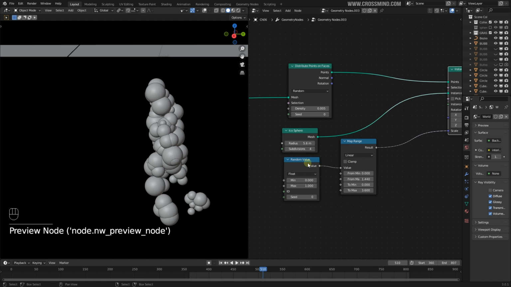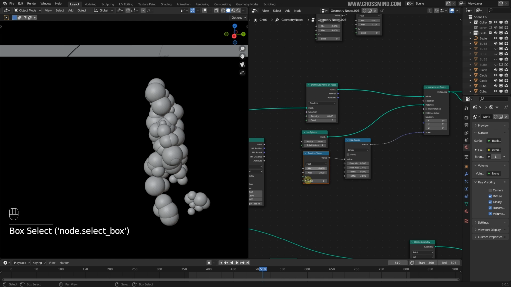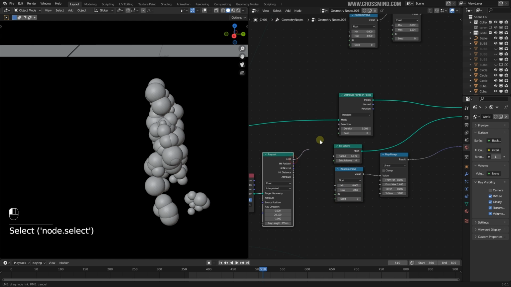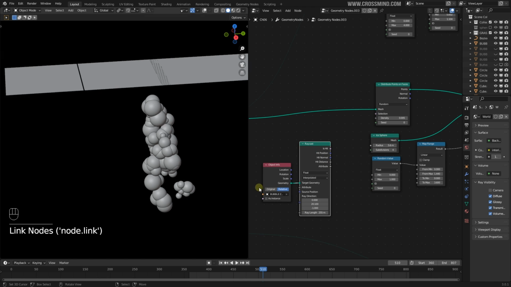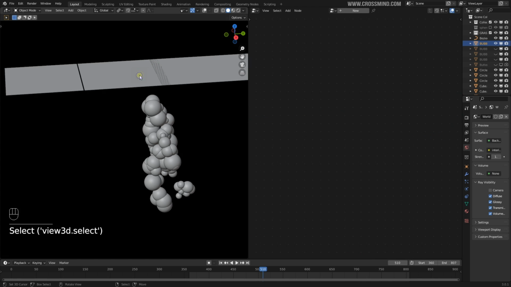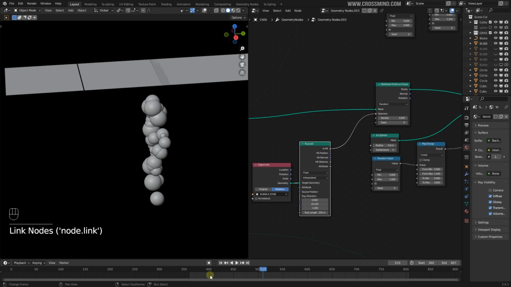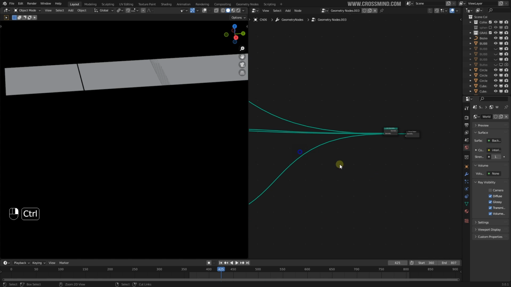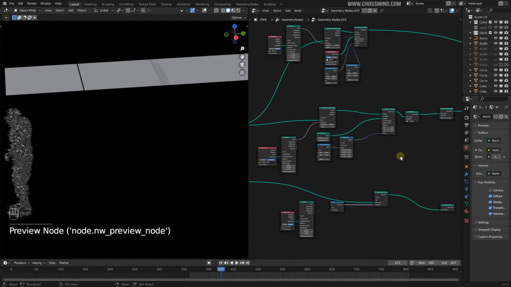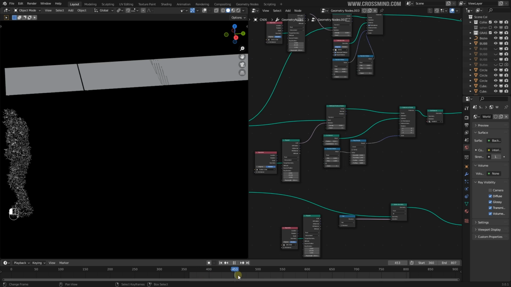The scale is being randomized with the random value node, just everything similar to what we have already discussed in chapter number 7, 8 and 9. And for the second setup, I'm using this plane, the bubble plane, the bubble zone, and targeting this one. Use this as selection. Now let's combine these two into a join geometry node, and this is what you'll see in the render,